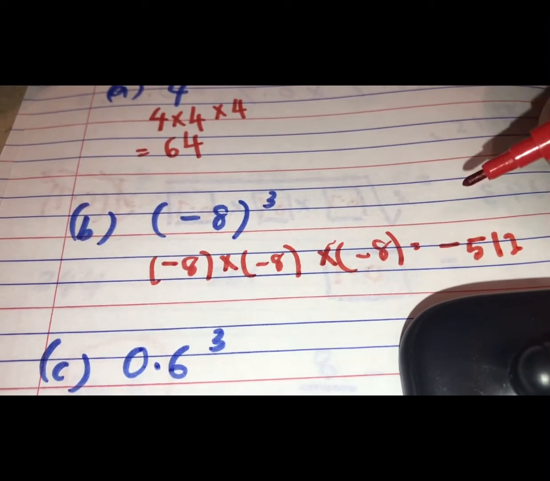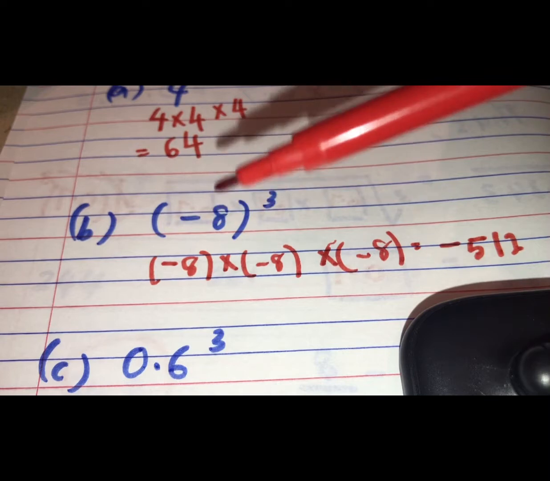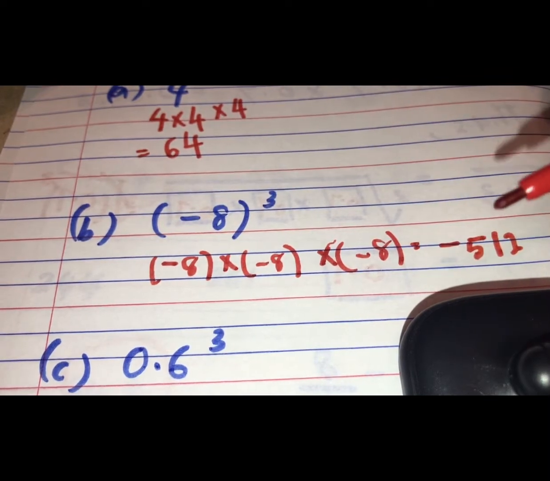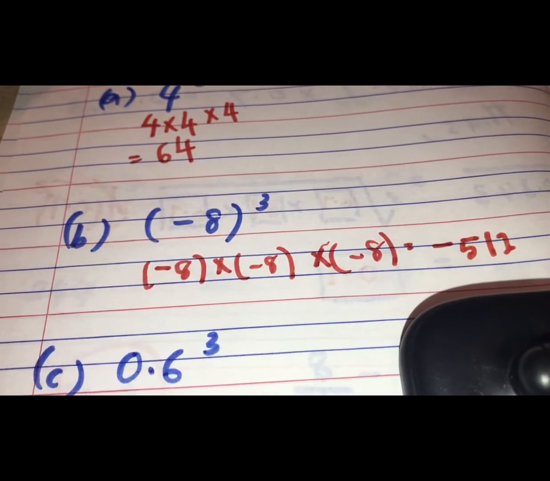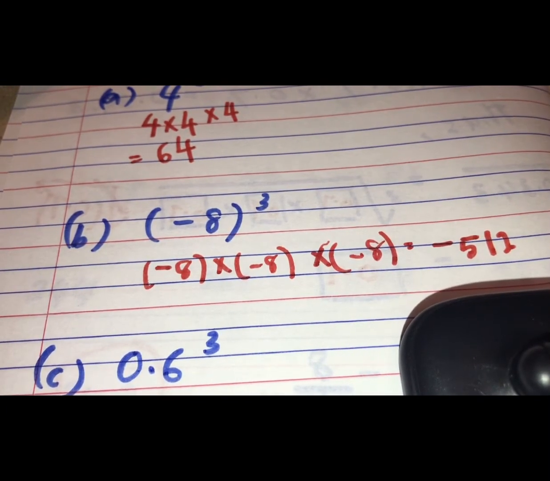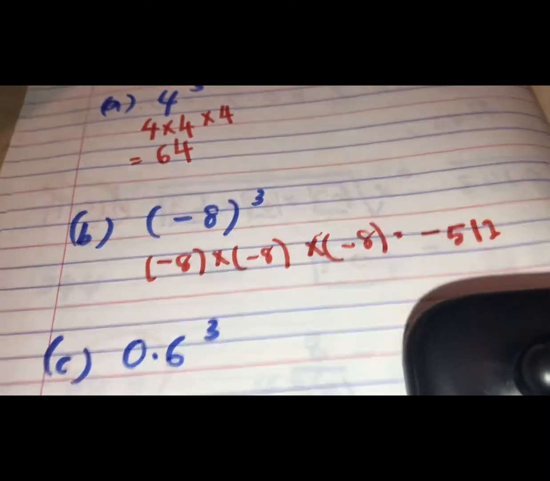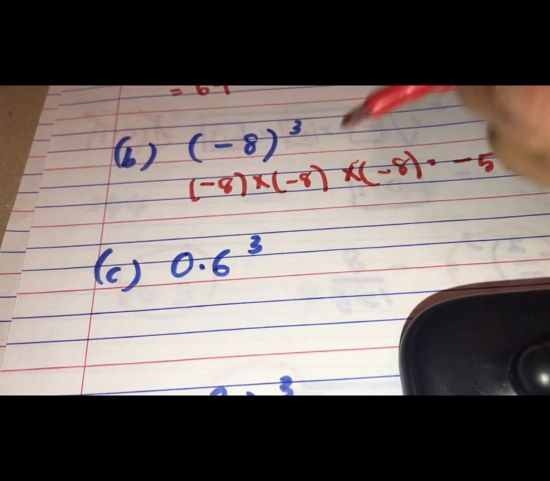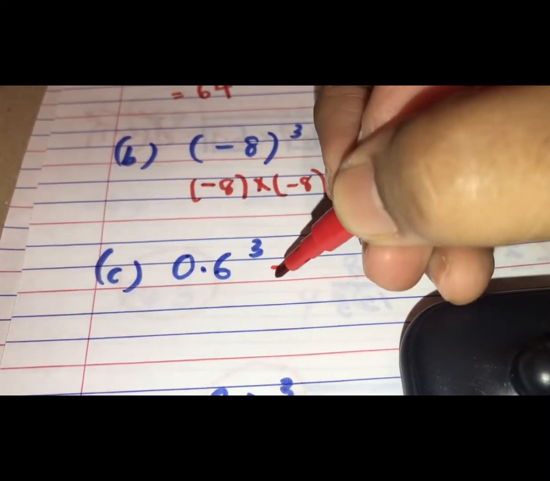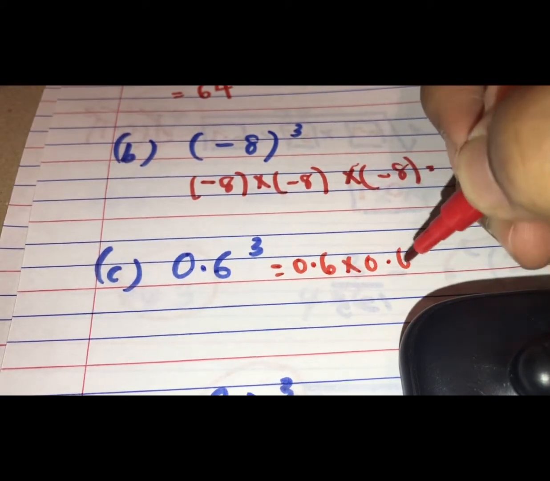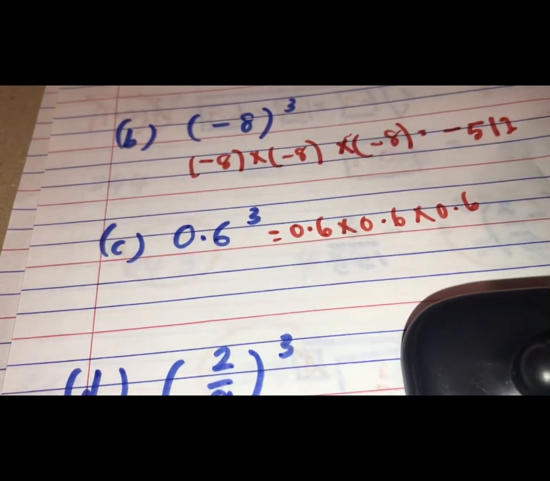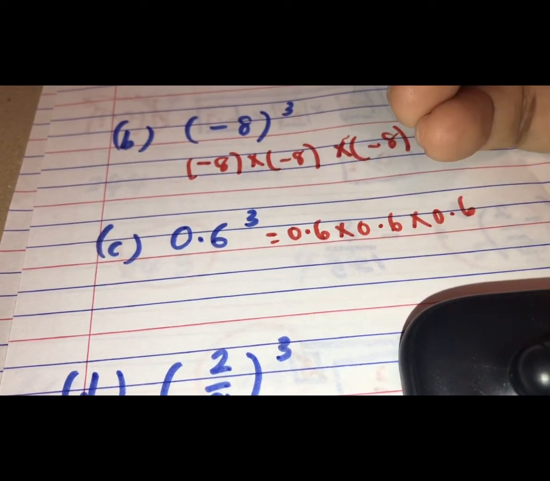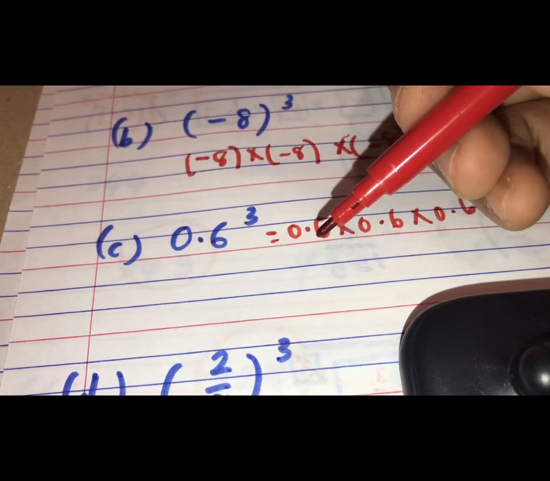Okay, negative. When you cube a negative value, the answer must be negative, always negative for cube. Square is always positive, but the cube is always negative if you cube a negative value. Okay, 0.6 cube equals 0.6 times 0.6 times 0.6. You know that 6 cube equals 216, right? But this one involves 0.6, so the answer